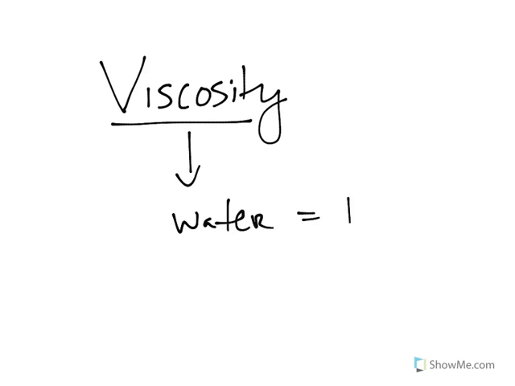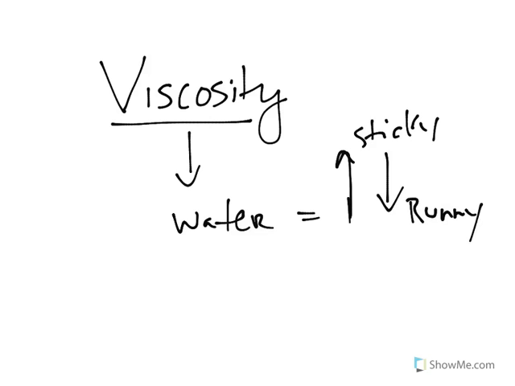We compare it. So anything that has, say, a higher viscosity is going to be really sticky, like molasses. Anything that has a low viscosity is going to be more runny. So just keep that in mind. Don't get those two confused. So when we talk about our different magmas, or even our different lavas, we can talk from our felsic end to our mafic end.